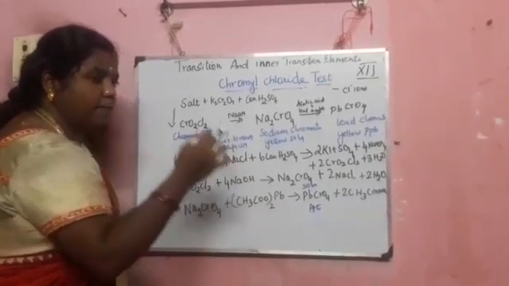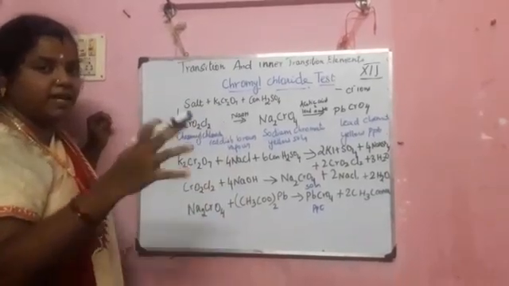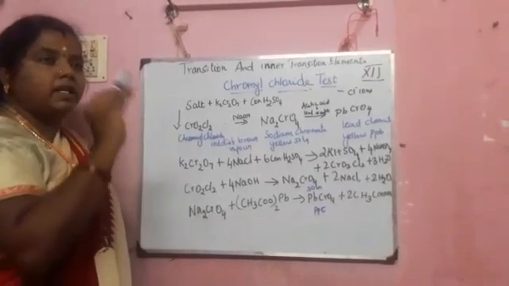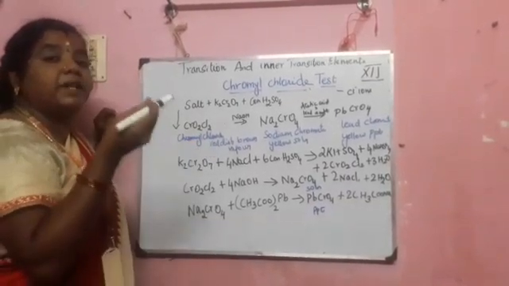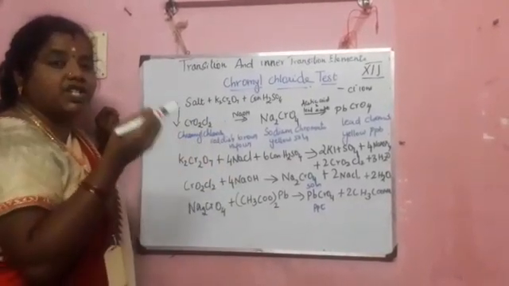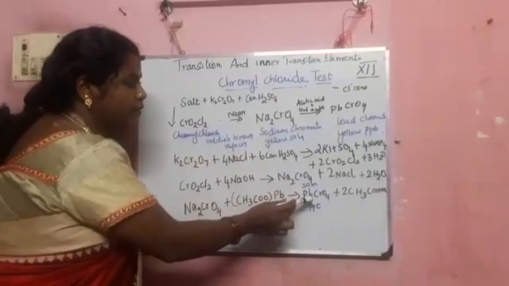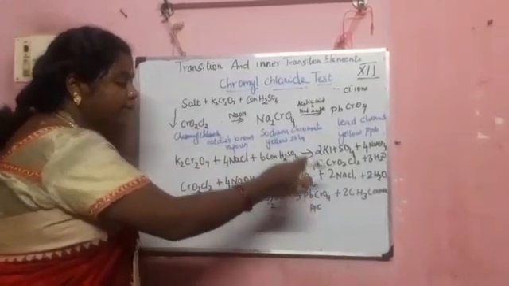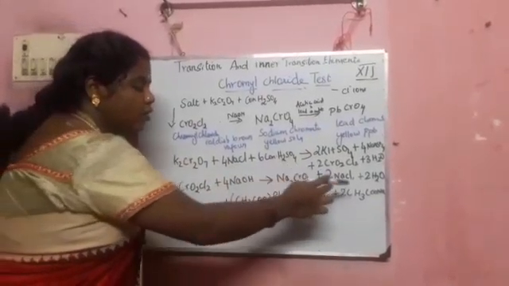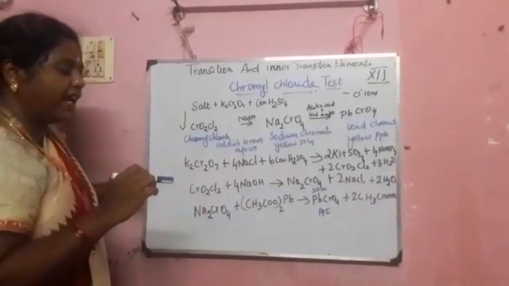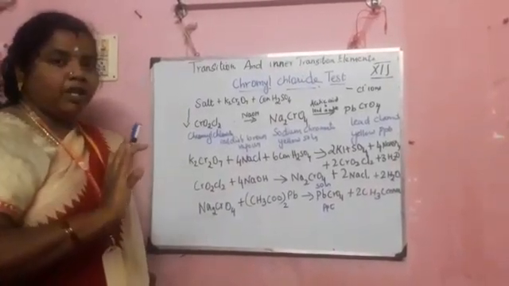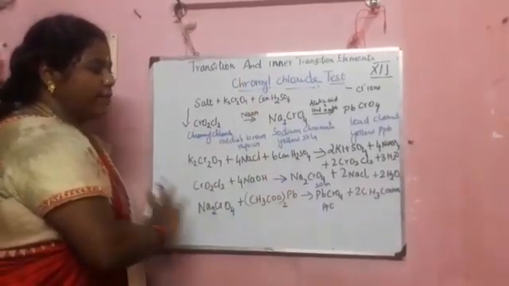In lead acetate, the H of acetic acid has been replaced by lead. Automatically the solution gets converted into a precipitate. By adding the lead acetate, it gives a precipitate which is yellow in color. That precipitate will be lead chromate, and in place of lead the sodium goes into the solution, so sodium acetate will be formed. Finally you get a precipitate which is lead chromate. So this is the overall reaction involved.